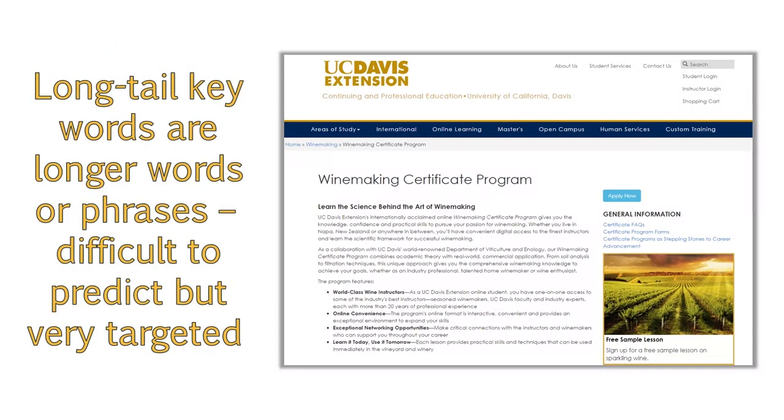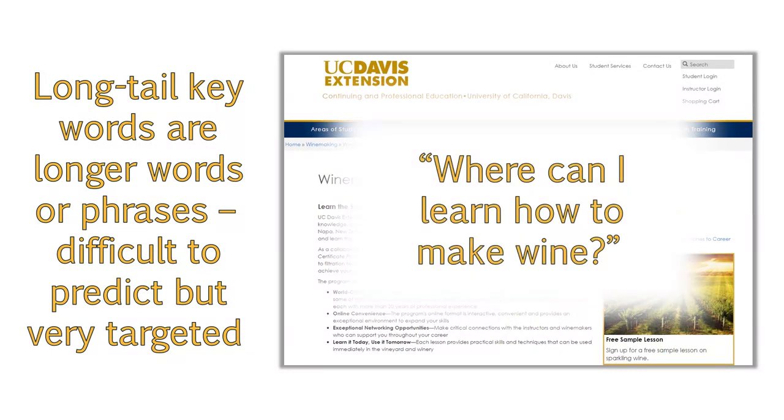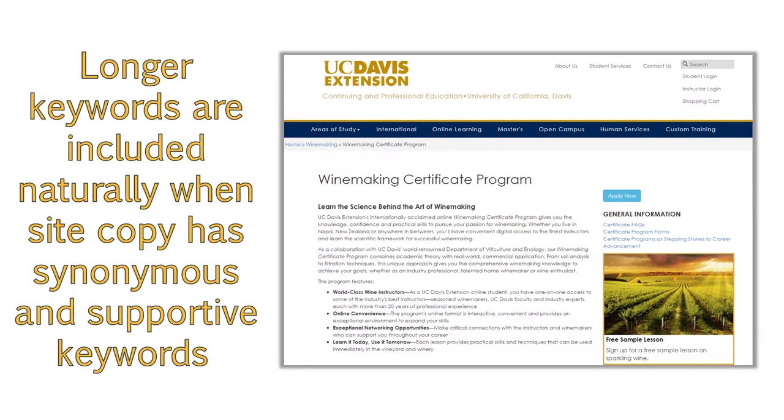Long-tail keywords are longer keywords or phrases that are more difficult to predict, but are often very targeted. For example, a long-tail keyword for this page might be, where can I learn how to make wine? This long-tail keyword would naturally be incorporated into the content by including supporting keywords and keywords that are synonymous with